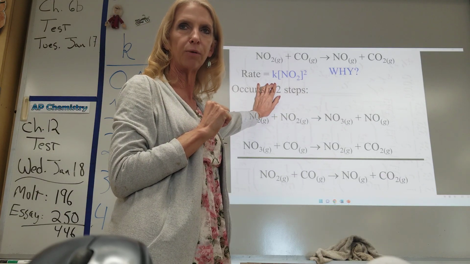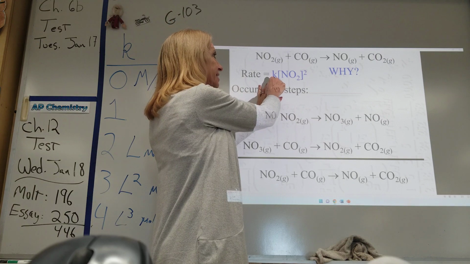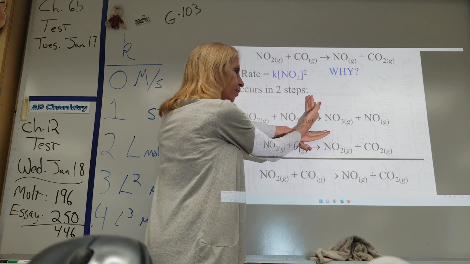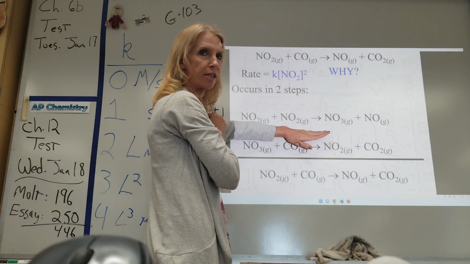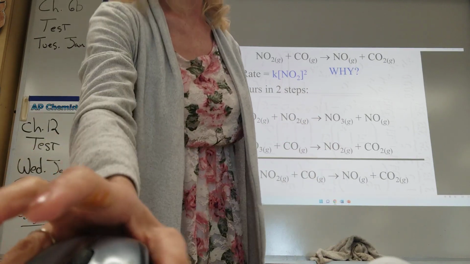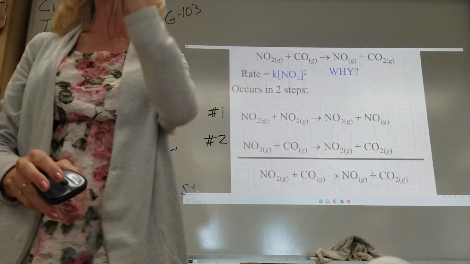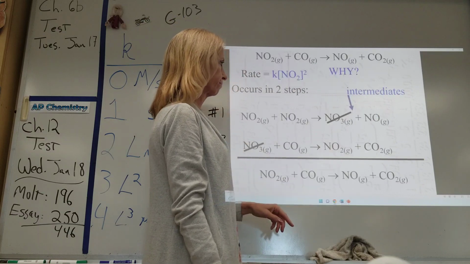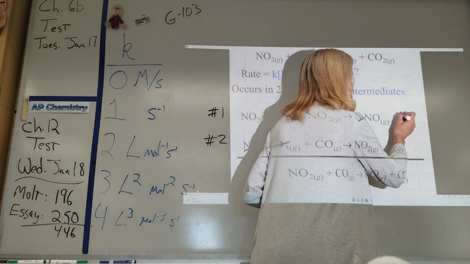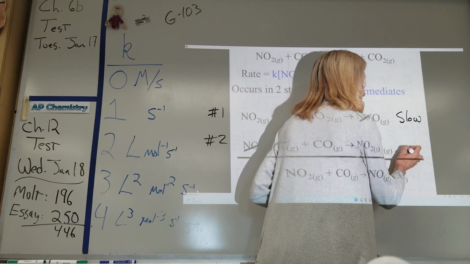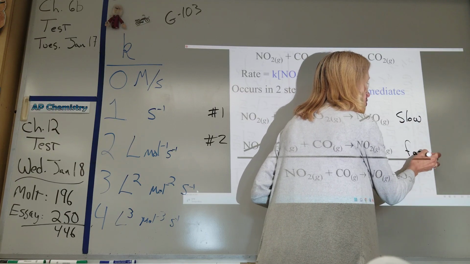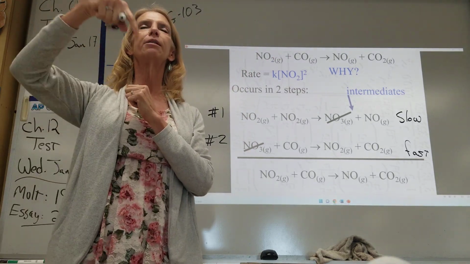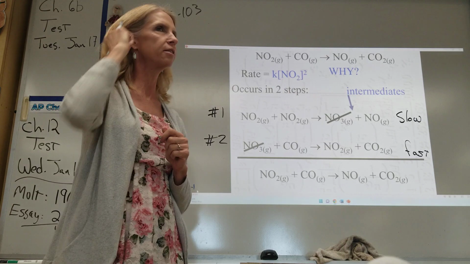The rate law is the term rate equals K times all of the reactants colliding prior to the rate determining step. The rate determining step is the slow step. So this is going to be the slow step. This is going to be the fast step, and we are about to graph that so it clicks. Now, if you remember from last year and at the beginning of this chapter, when I taught collision theory